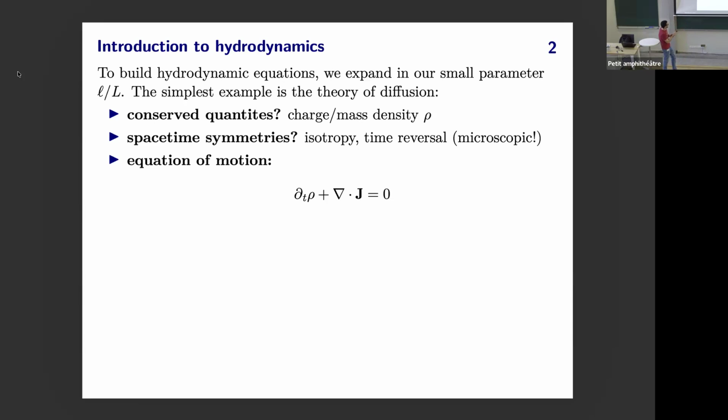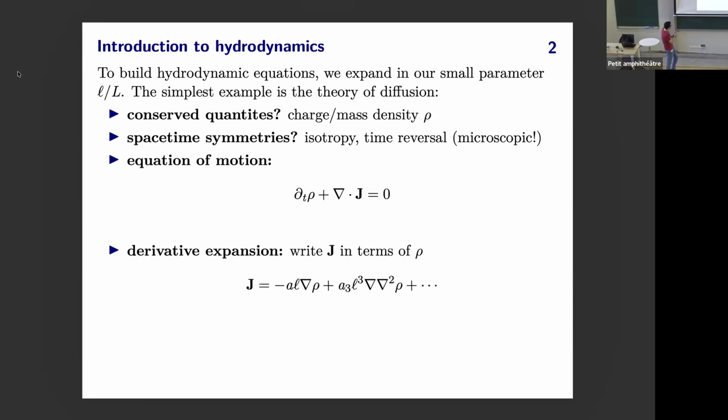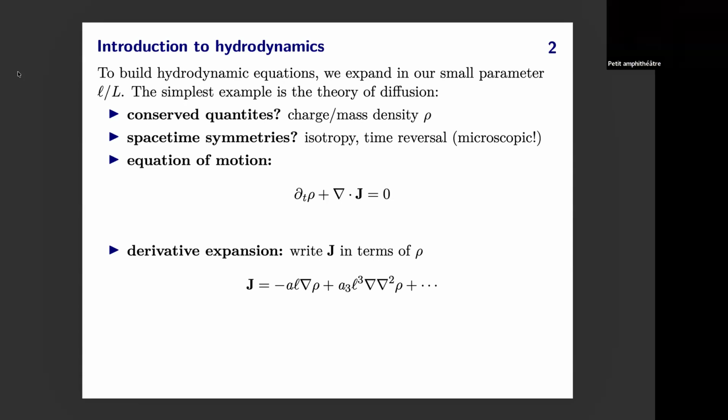And then I need to specify a constitutive relation J for this current as a function of the conserved density. Otherwise, this equation is underdetermined. And now I say, well, J has a vector index, rho is a scalar. So I should act with spatial gradient operations to convert between the two. And that's perfect because remember my small parameter governing the effective theory was the mean free path divided by the scale over which the system is varying, or equivalently little l times the gradient operator.